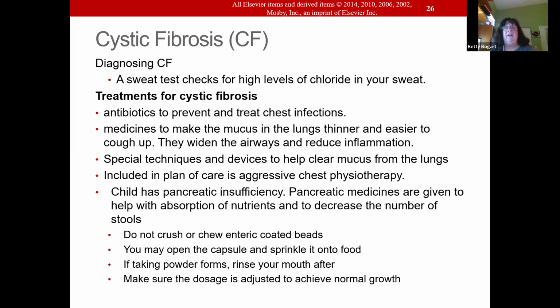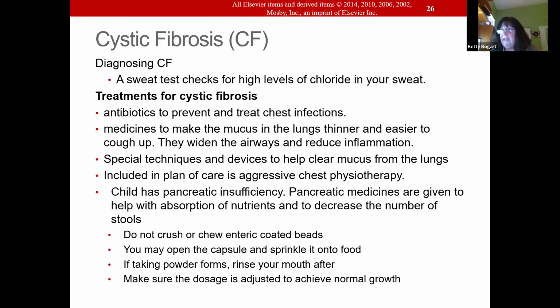So pancreatic medicines. And all of those chest CPTs, we're going to give. We'll give aerosols with antibiotics. Remember, when you're doing cystic fibrosis, those chest problems, if we're going to be doing treatments 3, 4 times a day, depending, do those bronchodilators and chest CPT before you eat. Or guess what? They're going to vomit. And we don't want them to vomit.